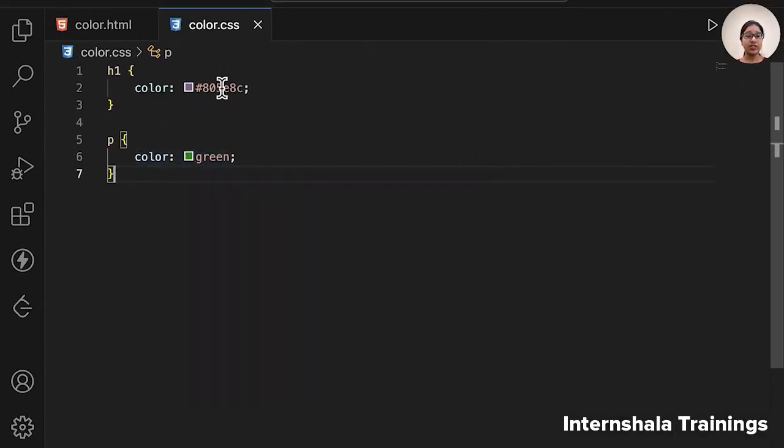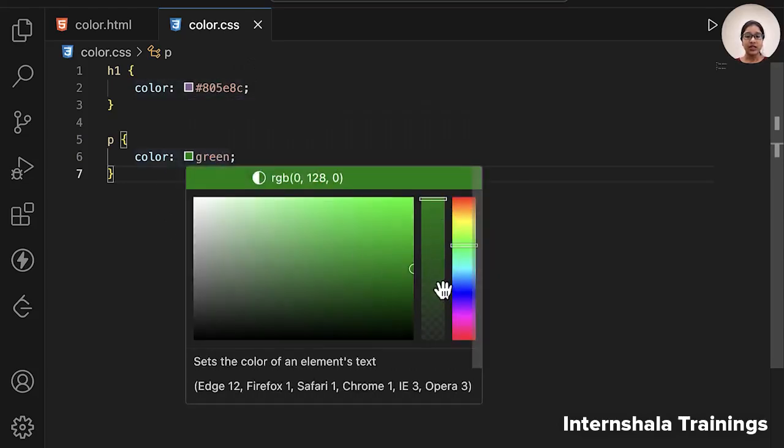It can be any of these values also. Here also if you see like this, this palette which you are seeing here is for opacity, means how much transparency you want. So if you come here, can you see this has changed to RGBA. So RGBA is the extension of RGB color system. A stands for alpha. This stands for how much opacity, how much transparency you want in your system, on